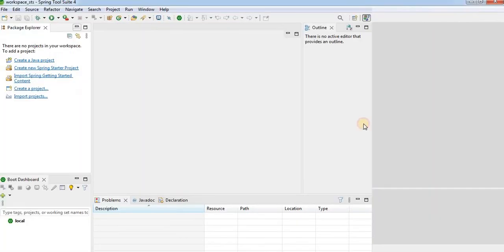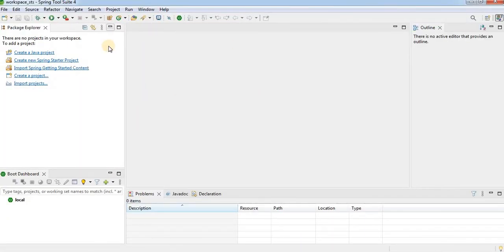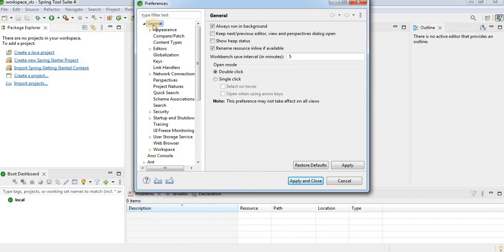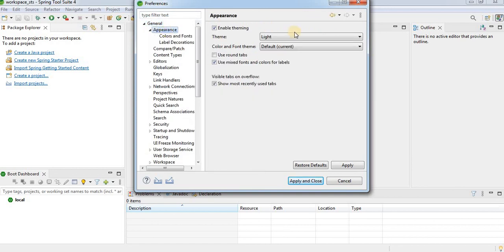Now you can see that Spring Tool Suite got launched, and by default it is using the white background theme. If you want to change the theme, you have to go to the Window option, click on Preferences, go to General, click on Appearance, and here the light theme is available.